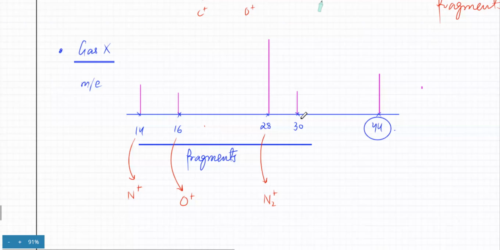I mean, that's a probability that it might be silicon, right? But the best hunch is that these tinier fragments actually are making up this bigger fragment. Sarah, is this point clear? Yes, sir. And then what could be 30? How could you get 30? NO plus. Okay, so that is NO plus. Now tell me, finally, come to this: what would be this biggest fragment?